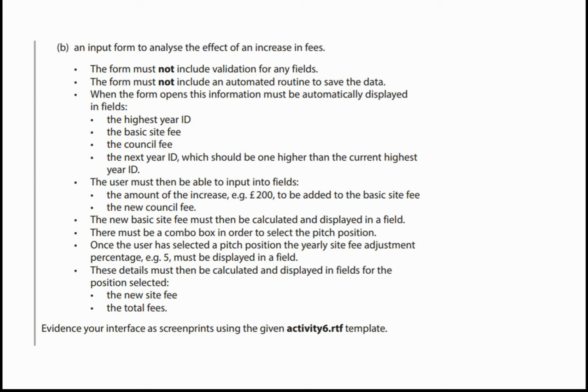The new basic site fee must then be calculated and displayed in a field. There must be a combo box in order to select the pitch position. Once the user has selected a pitch position, the yearly site fee adjustment percentage, i.e. 5, must be displayed in a field. These details must then be calculated and displayed in fields for the position selected: the new site fee, the new total fees. And you're going to evidence this interface using screen prints on the Activity 6 template, which is provided